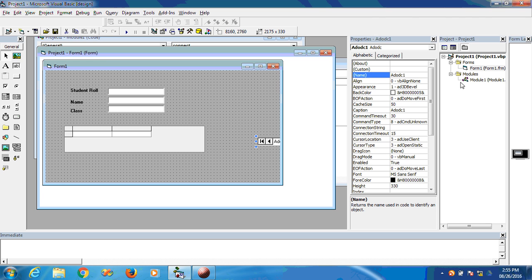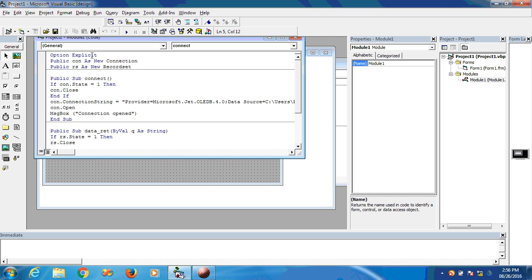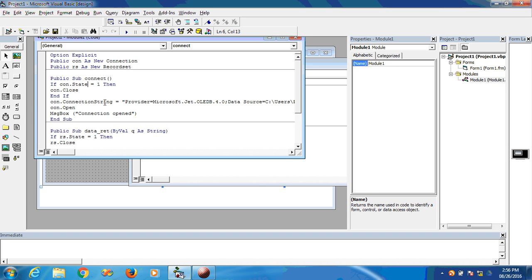we have used a module named module 1, in which we have created a connection object con and rs, a record set object. First of all, I have given a call to the connect method on form load, module 1 dot connect. After opening this connection with the database, I have used here in the module a check: if the connection is alive already, then the connection becomes closed, and if the connection is not alive, then we have